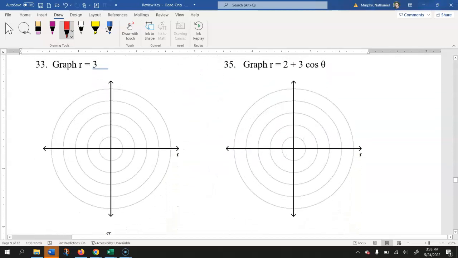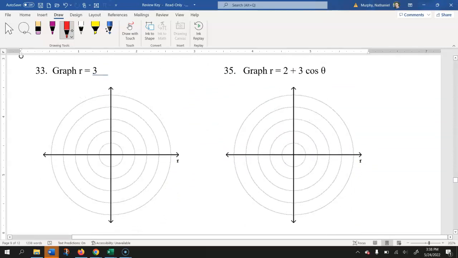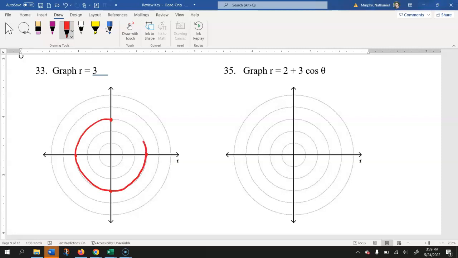So here we're doing some graphs. So this one, it says graph where r equals 3. Remember, this is going to be in the shape of a circle where the radius is 3. So 1, 2, 3, we would have these 3 key points here. And we'd connect them to make our circle. Now this one, remember, we'd have to take our a and b value and divide those. And we get 2/3. So if you remember from your chart, that means that this is going to be a